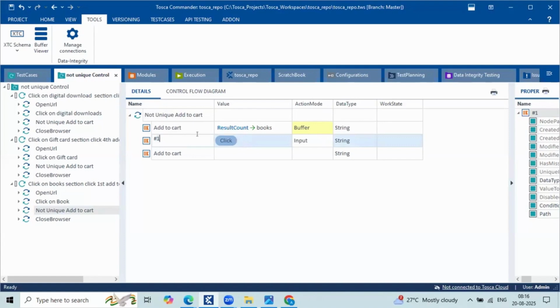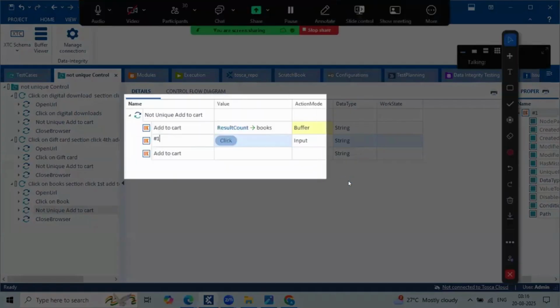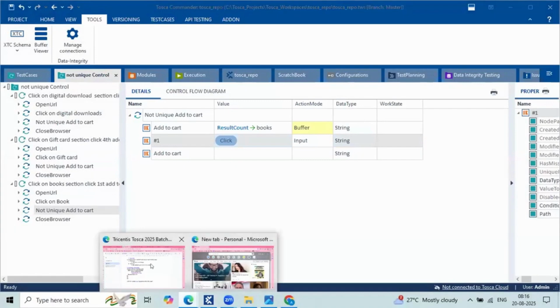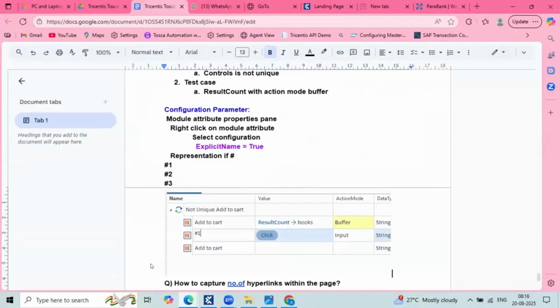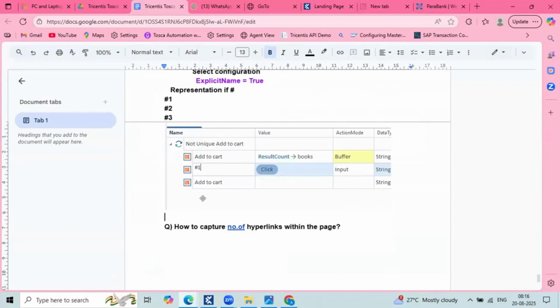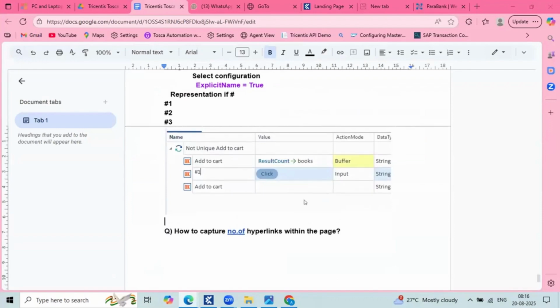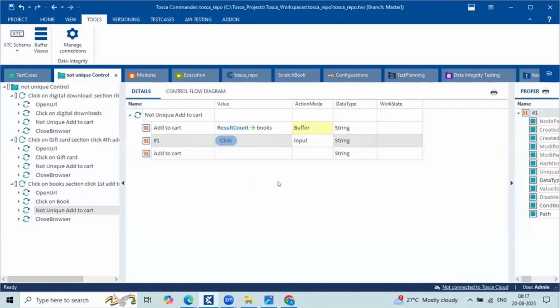Anusha, can you add this screenshot to the document, please? Just do a practice, team. Sure. Don't worry, just do a practice. You will get knowledge on this. Team, clear on adding the explicit name configuration parameter? Yes, Anusha. I'll give you a couple of use cases here, okay?